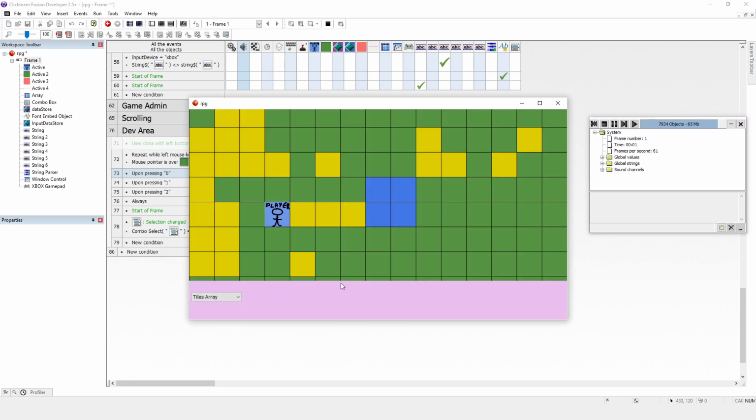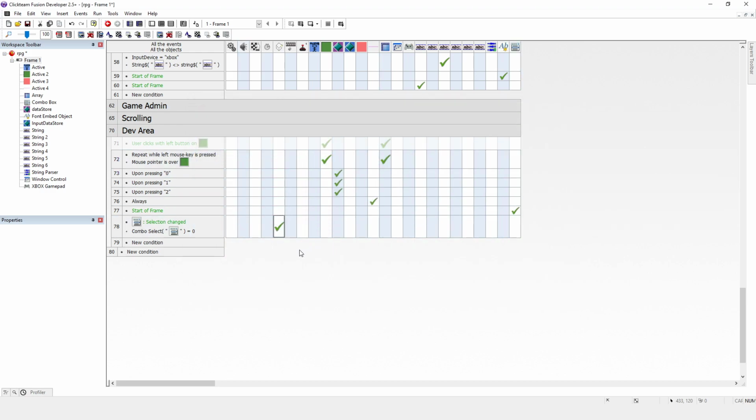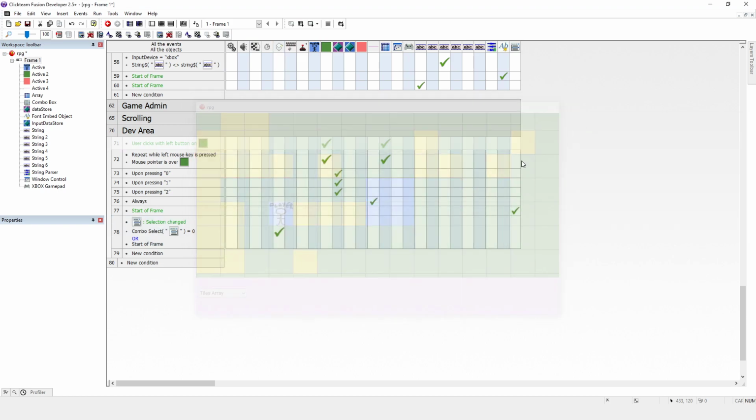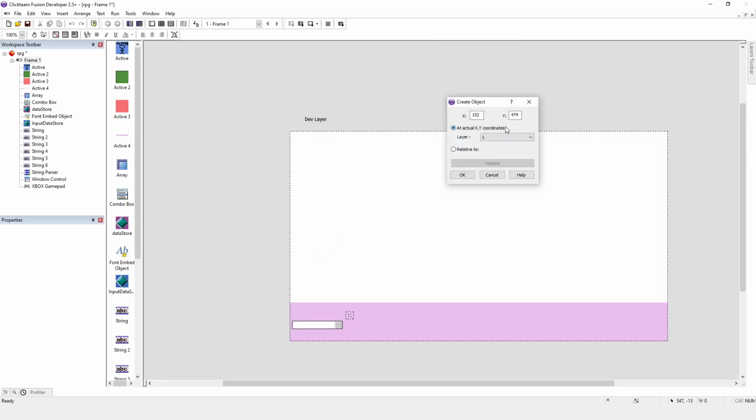There's two reasons why it's not working. The first reason is we need an OR starter frame, because we haven't actually changed the selection box at this point, so we need an OR starter frame. And the second reason is that we've created it on layer 1, and this is where you've got to really get your head around this. We want it on the development layer, which is layer 3,